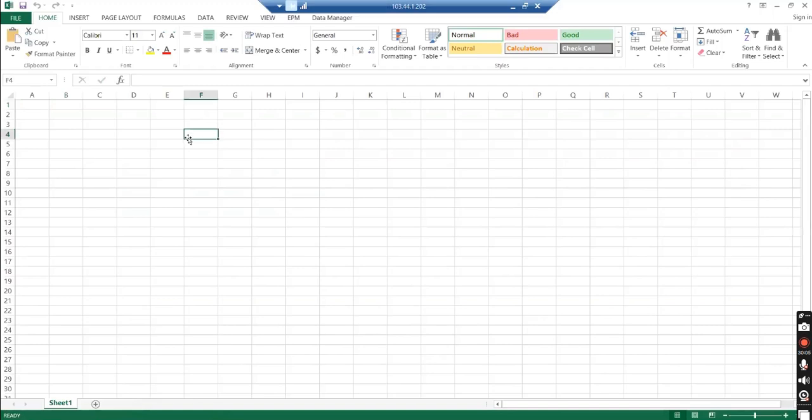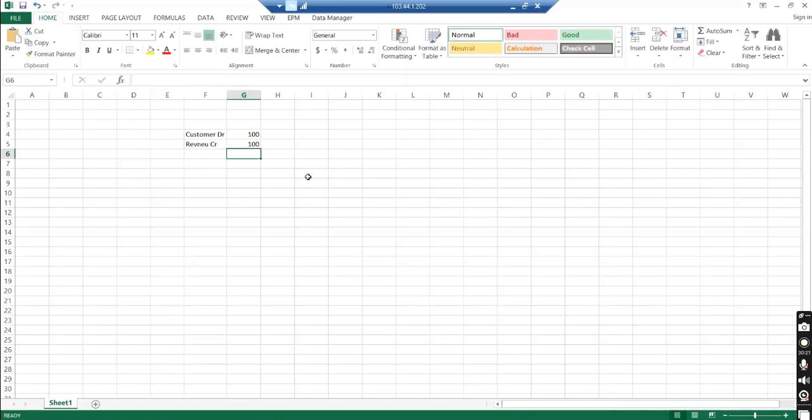So till now, my accounting entry was customer debit and revenue credit. The invoice was say 100 and 100. Customer had to pay $100. Now with the introduction of the taxes, it will become